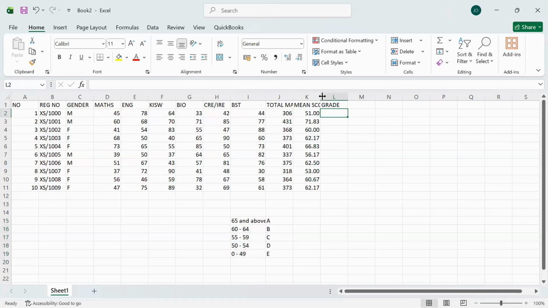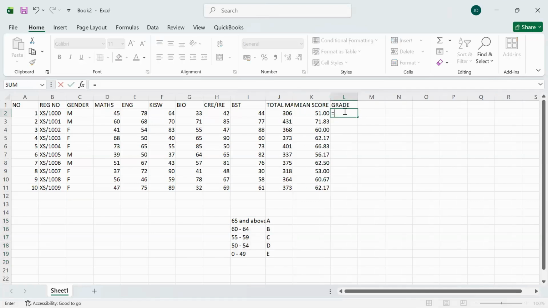So this is our mean score here, and here is where we want to get the grade. So I'll say equals if. So logical test is that if the mean, I will start with the very first one, grade A. So if the mean is greater than or equal to, because it is 65 and above, should be grade A. So if the mean is greater or equal to 65, comma, value if true. If indeed the student has scored a mean of 65 and above, that should be what? Grade A. I'll put it in quotations, then I put over here A,